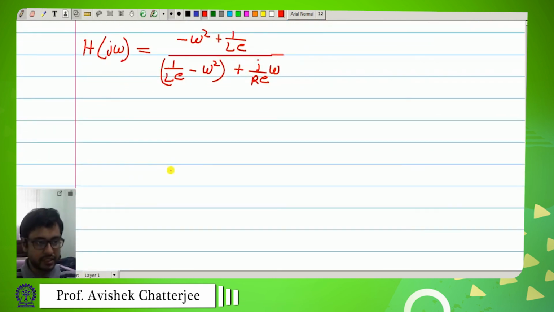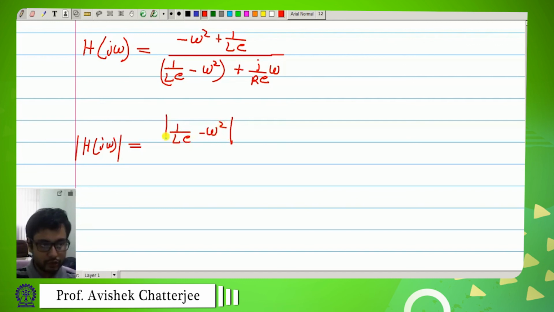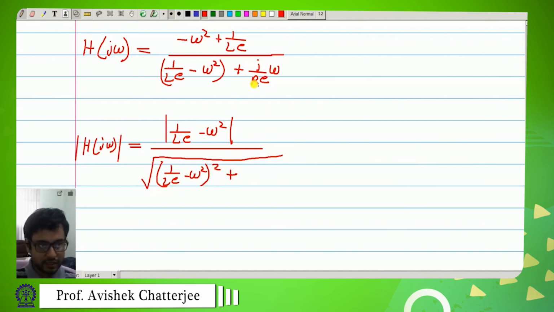From this you can get the magnitude, that will be this numerator as it is, 1 by LC minus omega square, magnitude of that, divided by root over this quantity 1 by LC minus omega square whole square plus this quantity omega by RC whole square,